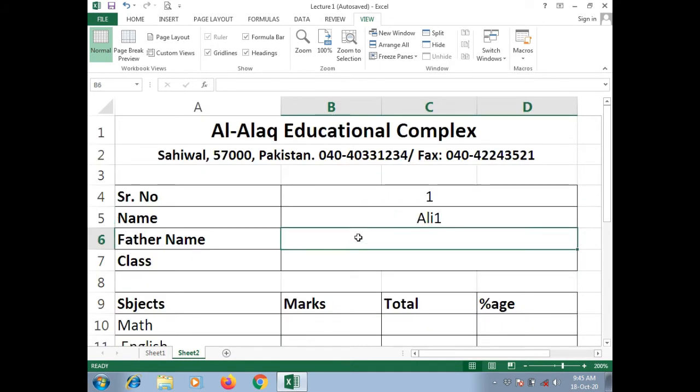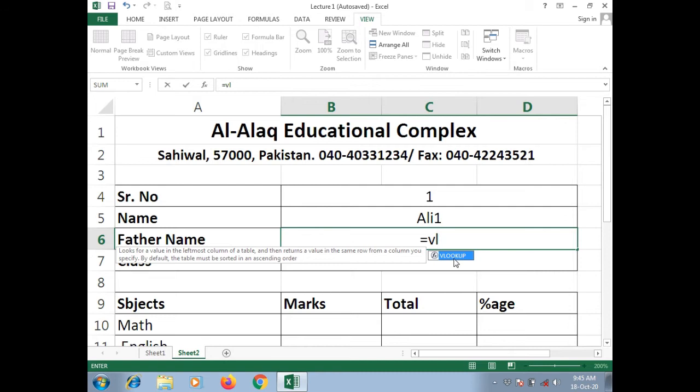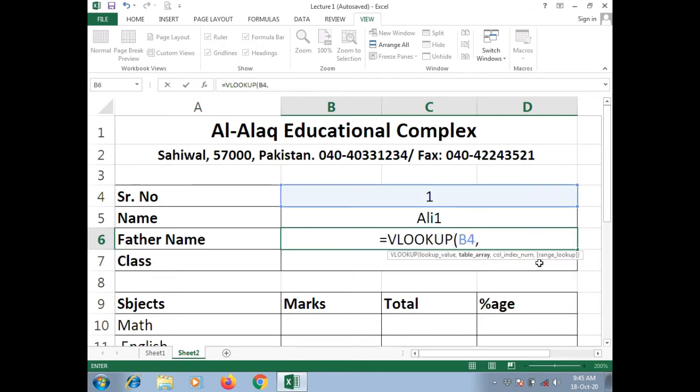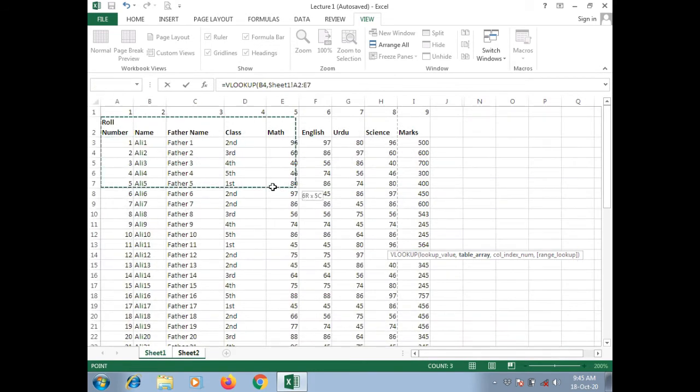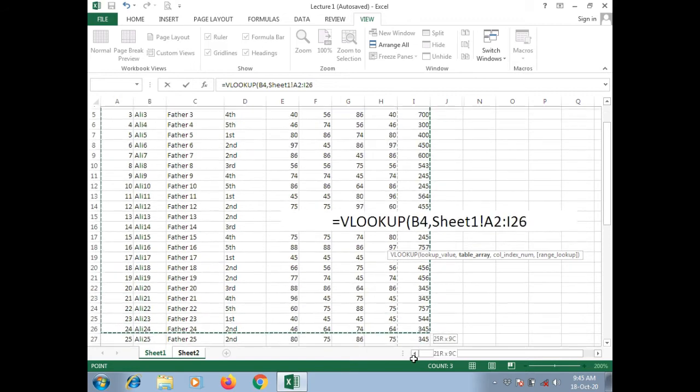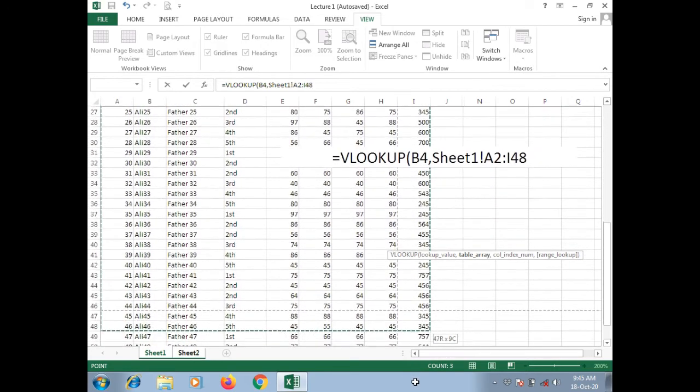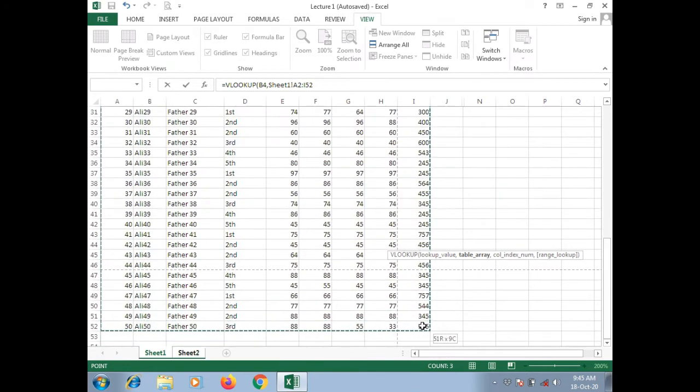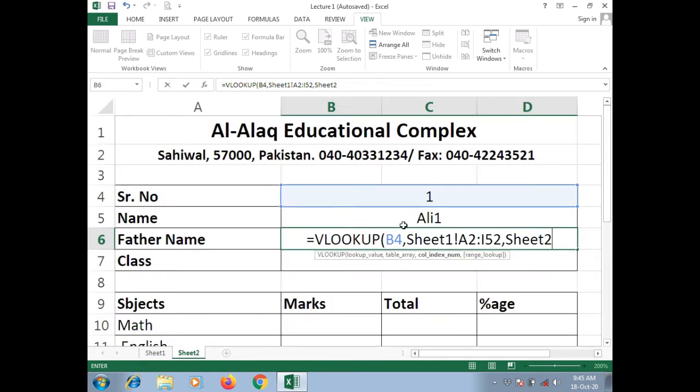Now we will write the father name. Again, equal sign, VLOOKUP, lookup value. Again, this is going to be our lookup value. Then table array. Again, we need to select the table from which the value is going to be searched. Comma, go to Sheet 1, A2 to I52.